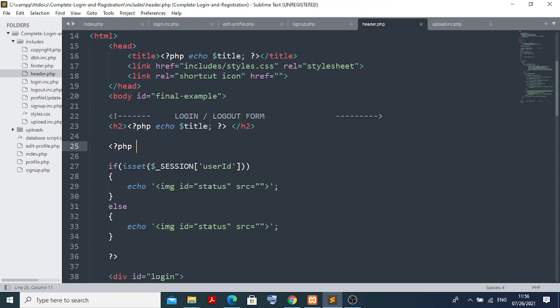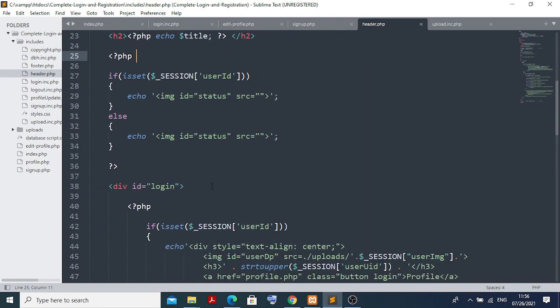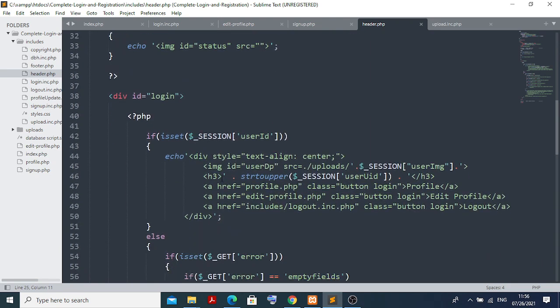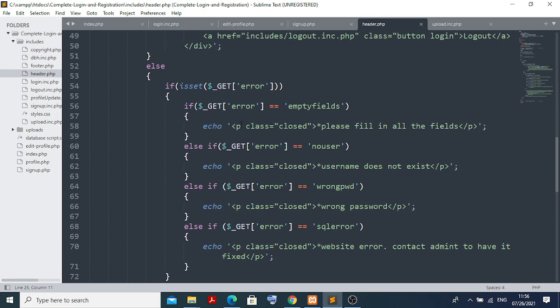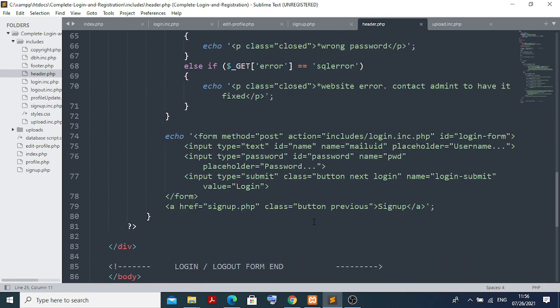Then if everything is okay, it will say it is a success and it will enter. If any error is there, it may show some error. What is the error? You can say if a field is empty, it will show some error, or if you have not uploaded any data, that will also show some error.